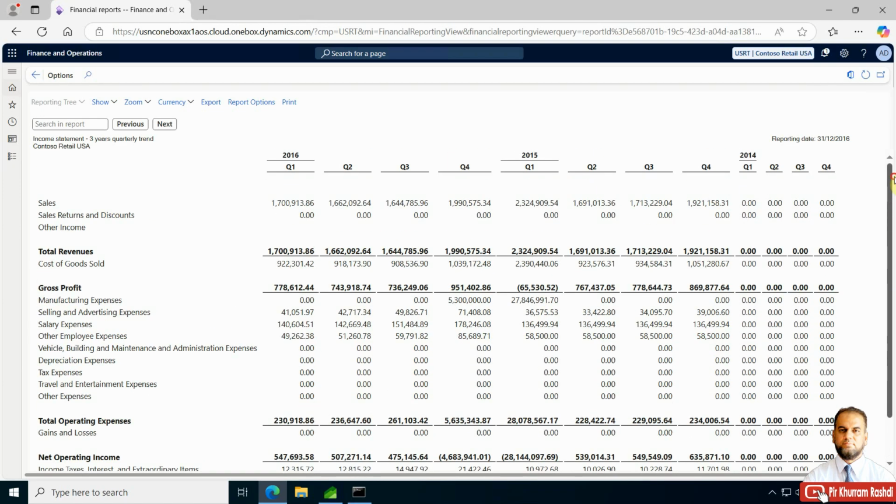Okay, I hope this is also informative for you, and in the next session we will also make a consolidation based on two companies. Instead of working in a single company, we will make a consolidation, and we will see how to make a consolidation in the financial reports feature, which is also called Management Reporter, for two companies, and we will select USRT and